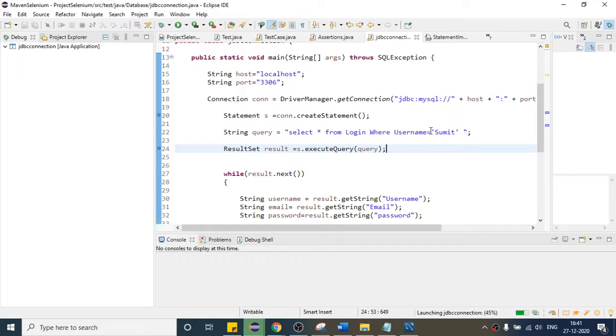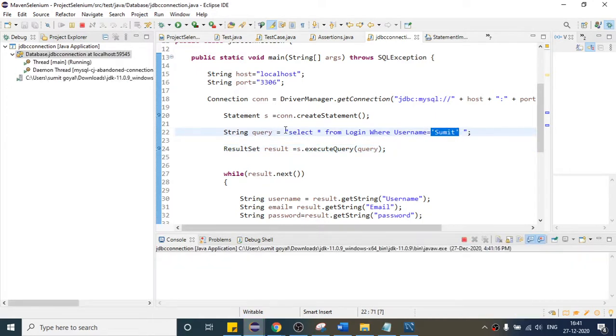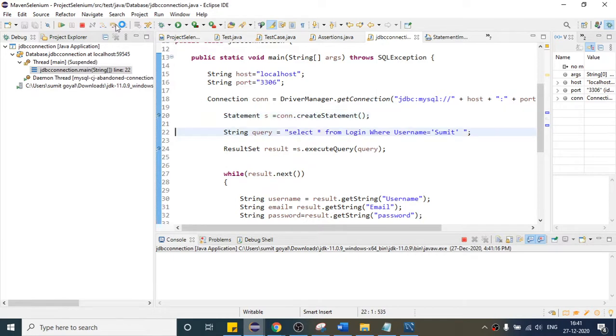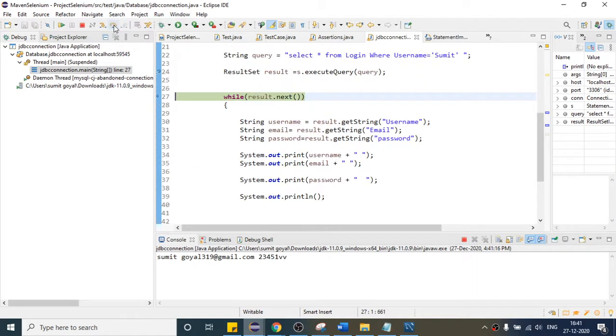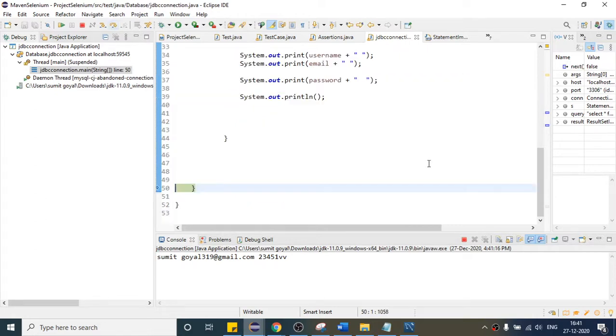So basically it is expecting one single quote. If you want to get the particular data, you have to provide single quotes like this before and after your username. So let us see whether this time it will work or not. So this time it has worked. This time you are only going to get the data of Sumit, right? This time it should get Sumit, email and password, right? But again, if this executes, it will not find any more data and we will come out. So this is how you can do it, right?